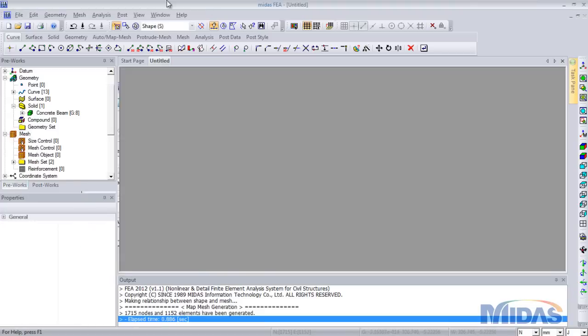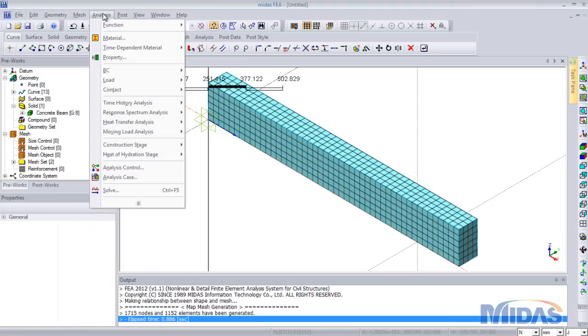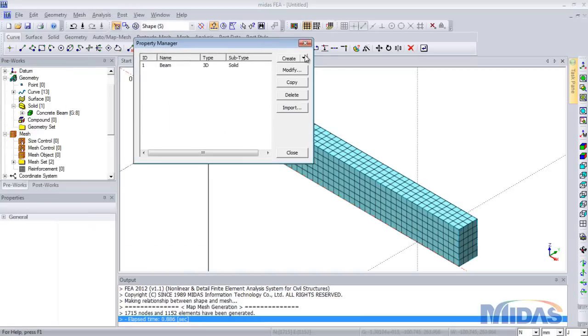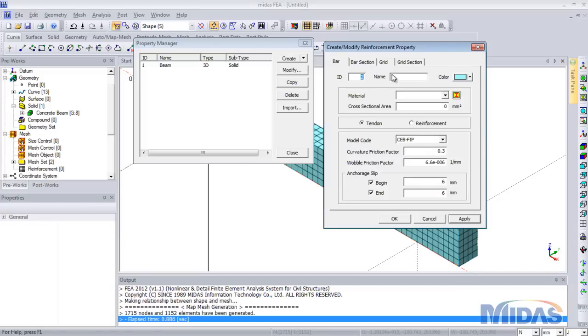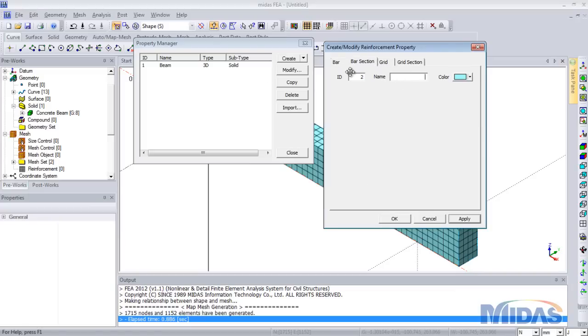So the next step is to create the property for the reinforcement, so that afterwards it can be meshed. So analysis, property, click on this drop down box and click on reinforcement. After clicking, this dialog box will appear. Before we create the reinforcement section, we need to create a bar section property which will actually help the program to detect the kind of reinforcement we are providing, either embedded or non-embedded. In case of embedded feature, we have to create this bar section property. We have nothing extra to do, we just have to mention the name